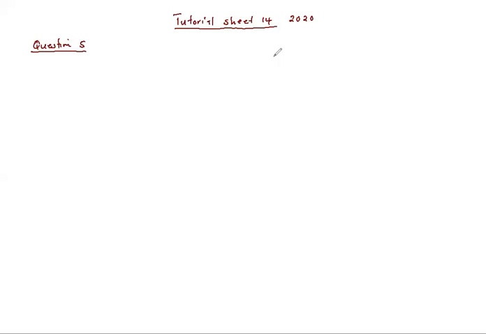Okay, so we are looking at tutorial sheet 14, starting from question 5. Question 5 reads, differentiate each of the following functions. The first one is the function f of x is equal to log e of 5x plus 1. Now, on the properties of logarithms, we said we have two standard bases, base 10, which can